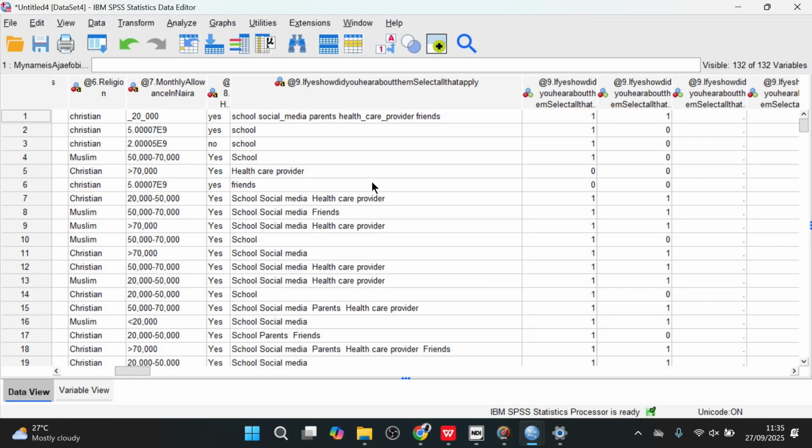We have school media. Maybe they ask, how did you get to know about this? The person selects school, social media, parents, healthcare provider, friends. You can see this is a multiple response. So what you are going to do is create about four or five variables. You make one for school, one for social media, one for parents, yes or no, like that. But how are you going to separate all this? Because if you want to do that, you cannot do it with